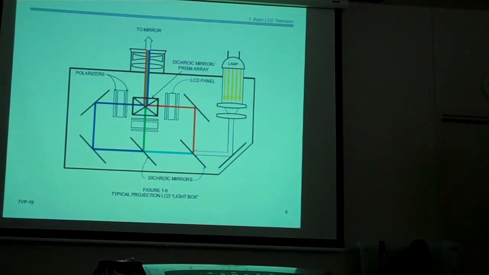Yeah, that one. So that's where the LCD panel and the polarizers are. Is each one of those in and of itself similar to what you just passed around as a whole? Correct, but with no color filter. No color filter? No color filter, because we're splitting the colors here. Okay. So this is a light valve for the blue, a light valve for the green, a light valve for the red, and this device right here is another dichroic assembly which combines the 3 colors and sends it out